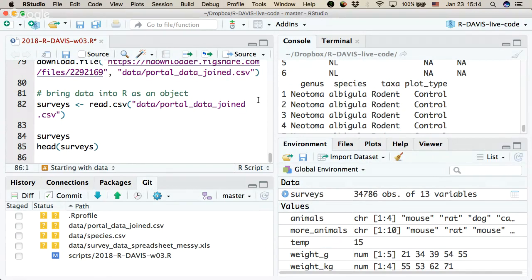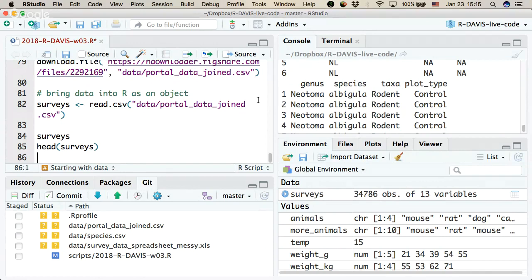So we used head. What's another function that we could do? This is a pretty big data frame. Printing it to the console wasn't super helpful for me to really get a feel of what type of data I'm working with. Another function that we could use is,